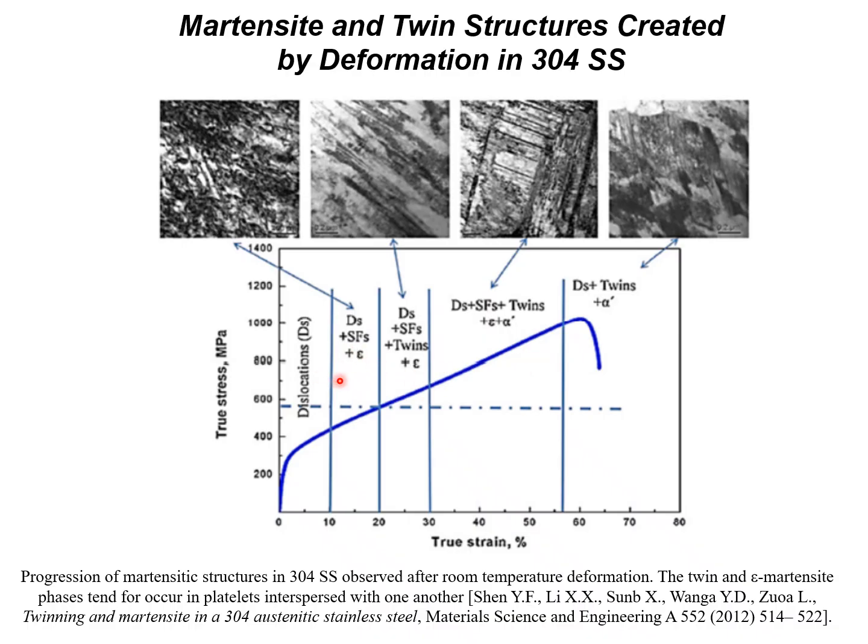you can go from an FCC state to HCP platelets, which is the epsilon martensite. And then if these hexagonal close packed martensite platelets, the epsilon platelets, also deform, in addition, there is a possibility of transforming a martensitic transformation from the epsilon to what I would think of as alpha, which is the ferrite, the BCC phase. The alpha prime, calling it prime, I think is a misnomer, and I think that's linked